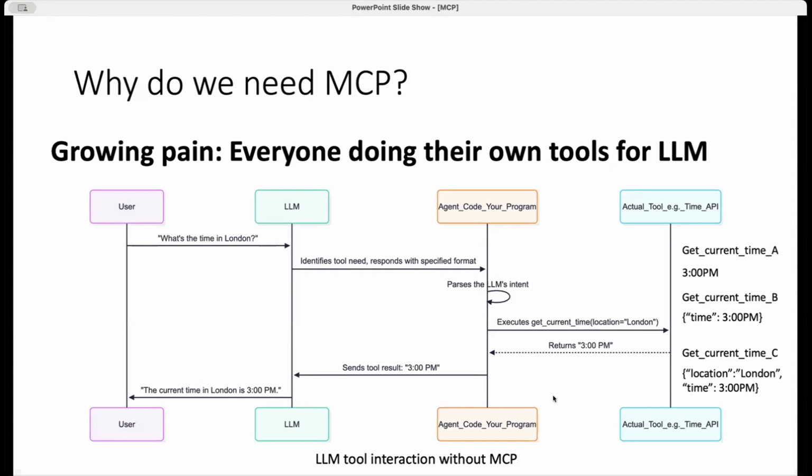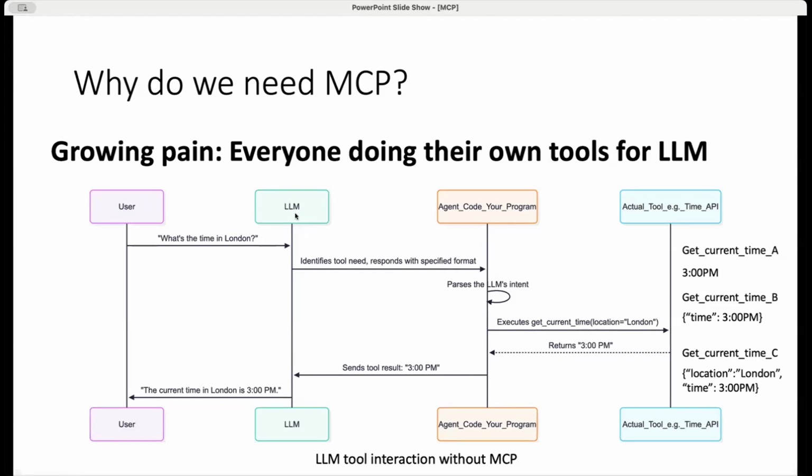So you can see there are so many possibilities to implement the functions, and also each function's response format can be different, which means the LLM needs to parse lots of different formats. It's really a growing pain for the LLM to figure out what tools to use, what tools to create, and understand various formats from the response. So this is where MCP originated,